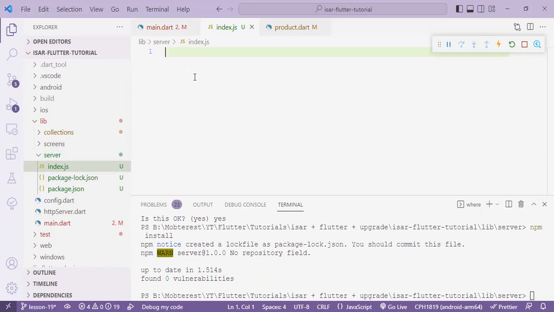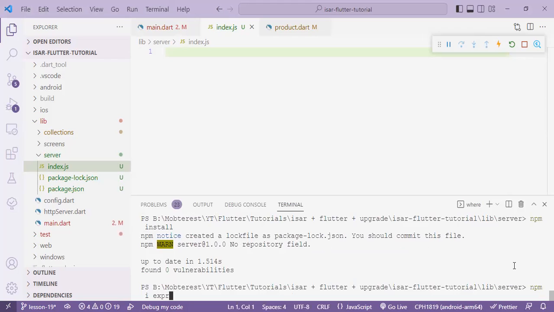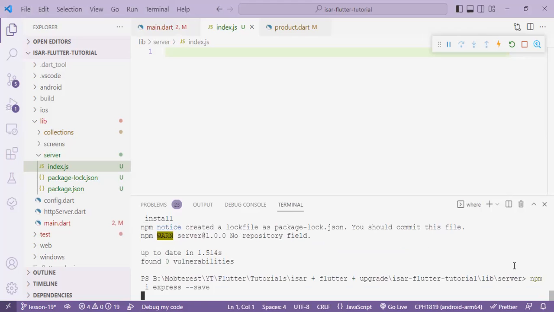Okay, so in our index.js, we're going to first pass a few dependencies. First thing, we're going to install the express dependency using npm i express --save. So express is used to build RESTful APIs with Node.js. So we use that. After that, we're going to import it. Once this is done,